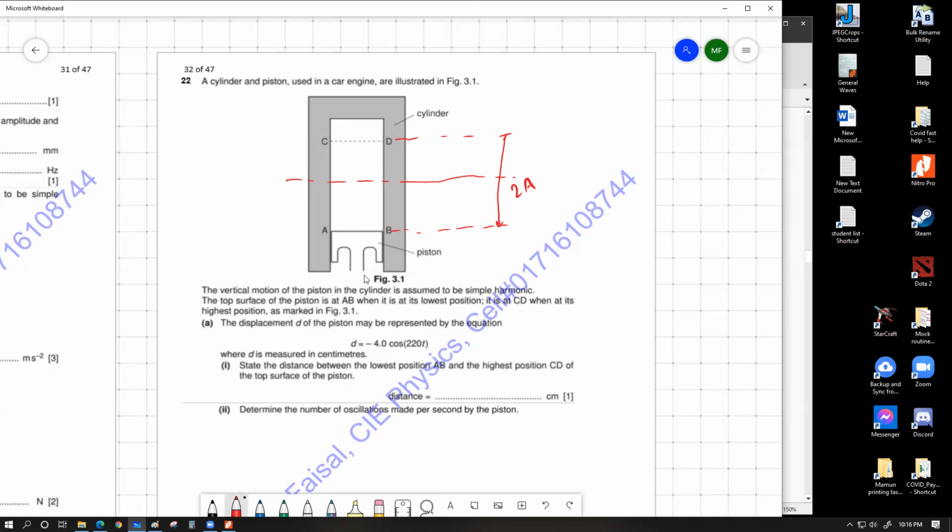The distance d of the position may be represented by the equation d equals minus 4.0 cos 220 t, where d is measured in centimeters. D in this case is representing the distance. Have a look over here. They've used a cosine ratio starting with a negative number, which means at t equals 0,